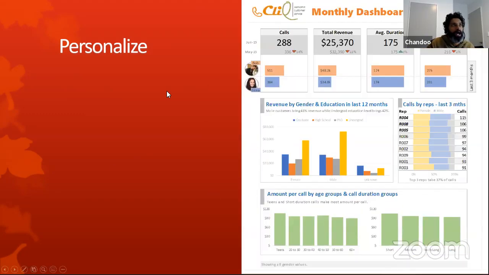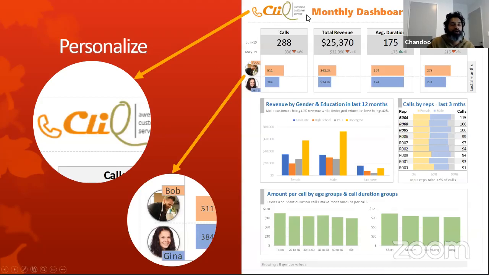For example, you can add a corporate logo or something like that. Rather than just saying call center report, you can put a logo or a representation or use colors that are common in that part of the organization. So I've done that. And you can even bring in the pictures. It's not always scalable or workable for multiple situations, but here we only have two managers, Bob and Gina, so it's easy for me to just put their pictures rather than just saying their names alone, and that adds a bit more personality and a bit more relatability to the report.